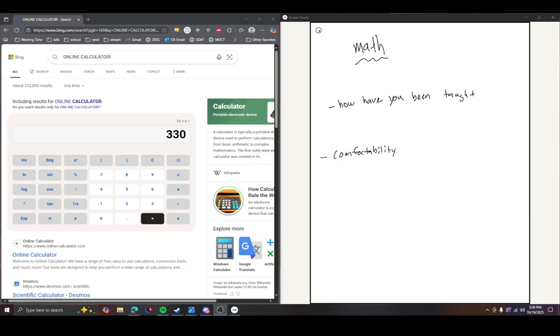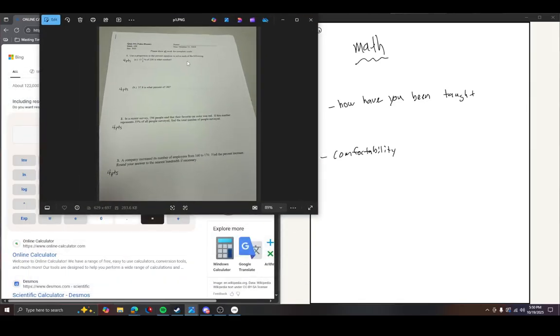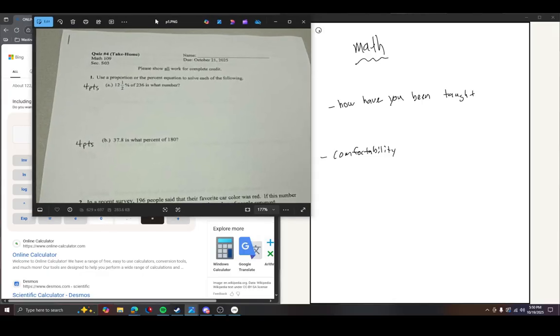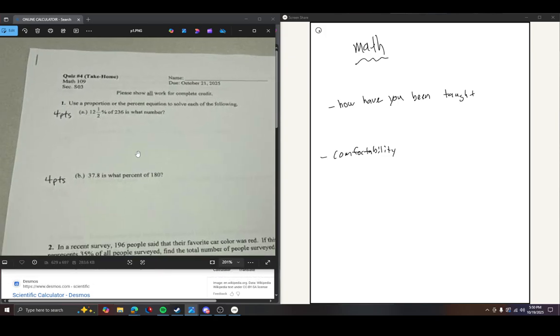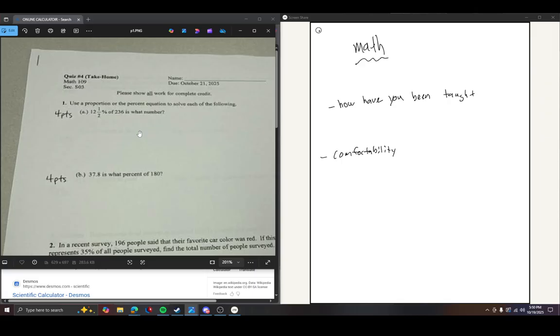So I guess the thing I wanted to start with was I wanted to ask you how you were taught. So let's pull up the problems. I wanted to ask how you were taught to solve these sorts of problems, because there's a lot of different ways you could go about it, and what works for my brain might not work for your brain. Everybody's brain kind of works differently on how to tackle these. So I wanted to go over them, and ask how comfortable you are on these, and in what level of detail I need to break it down.